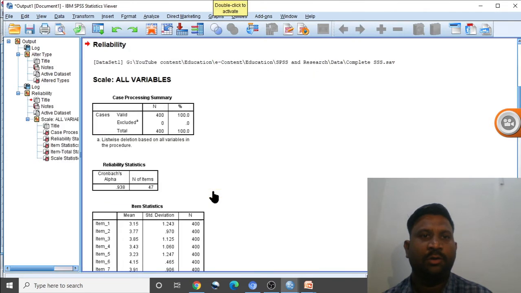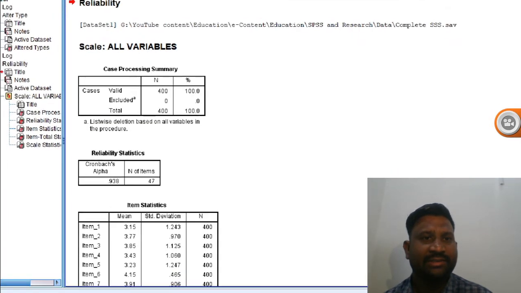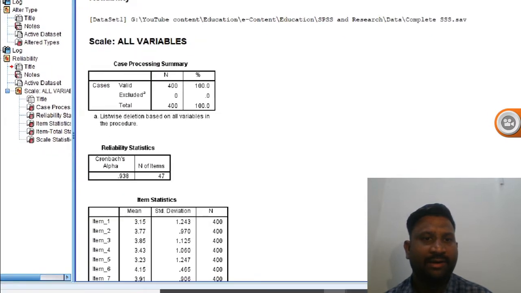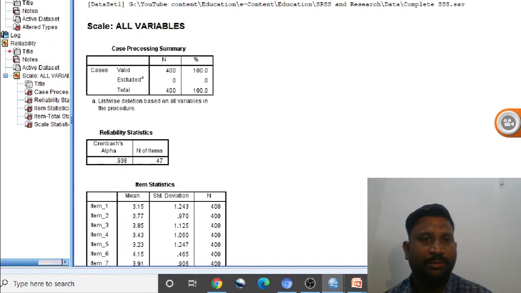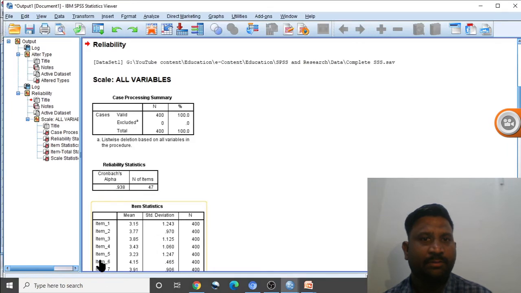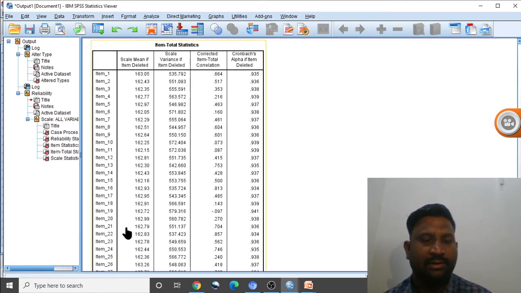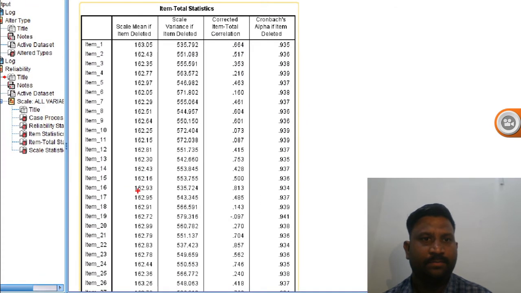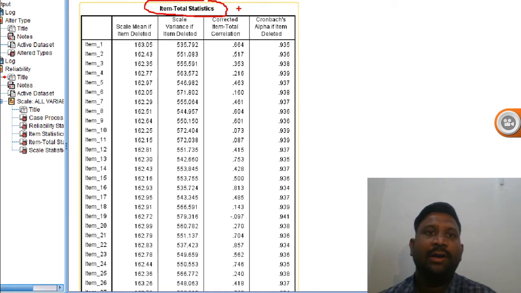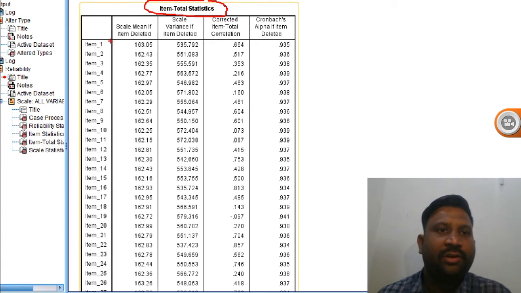So you will see some statistics come out, some Cronbach alpha, some mean, standard deviation, but our interest is in this table. You can see the item total statistics, which is called the point biserial correlation or item total correlation. You can see we have the item correlation for each item.